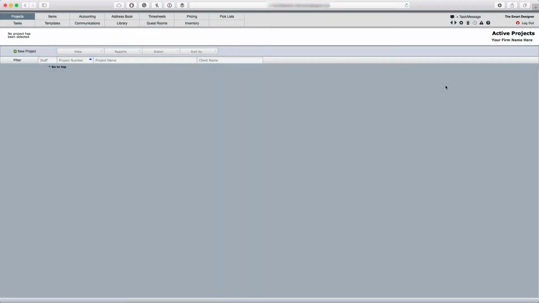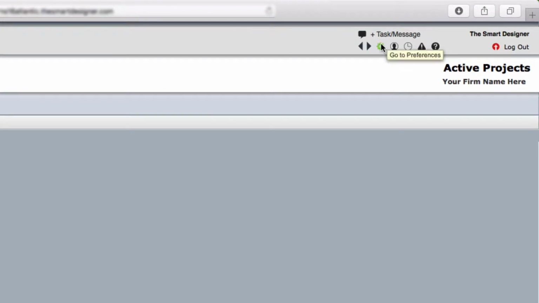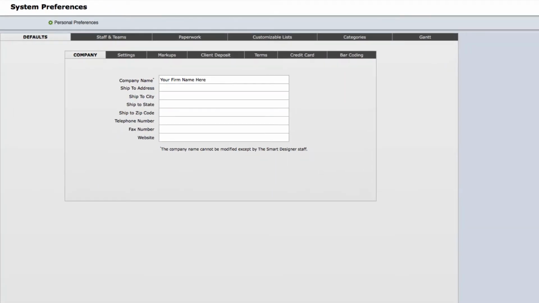In this series of videos, you'll learn how to set up DesignSmart for your company. This is done in a part of the system called System Preferences. To get to System Preferences, click on the gear on the upper right of any screen. If you are set up in DesignSmart as an administrator, which we are, clicking on the gear will take you